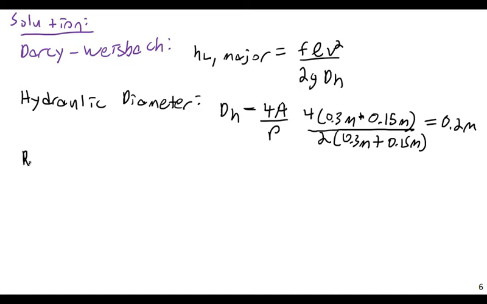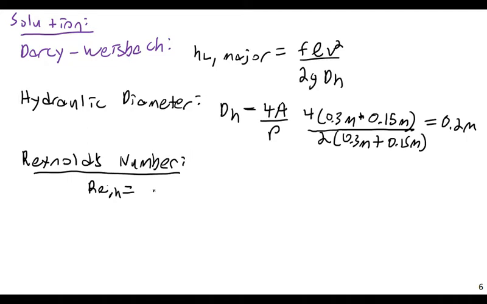And then the Reynolds number. If I consider the Reynolds number next, I'll have the same formula as before. The Reynolds number hydraulic would be rho V dH over mu. And this will be equal to 1.23 kilograms per cubic meter, the density of air, times the velocity, which was given as,